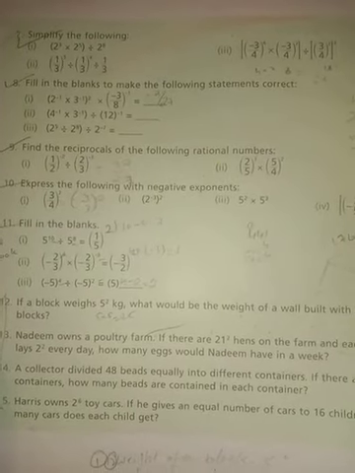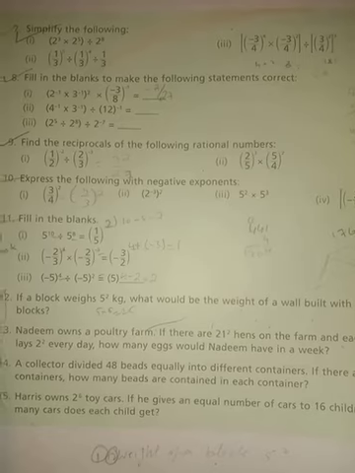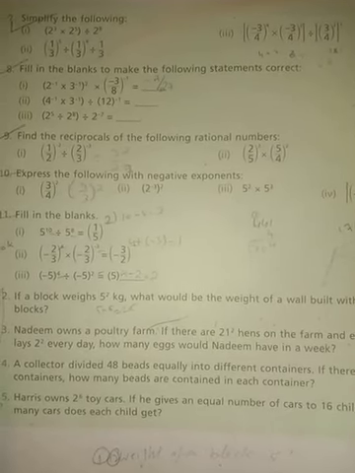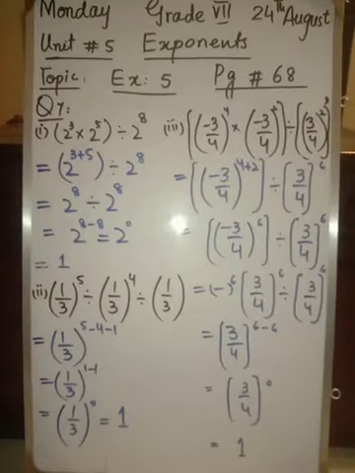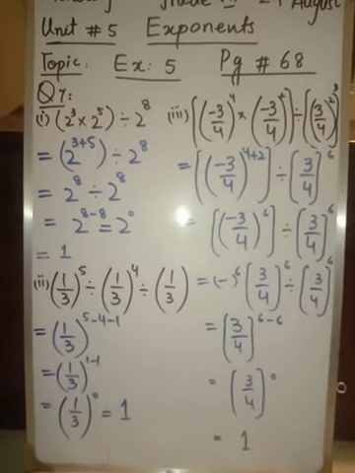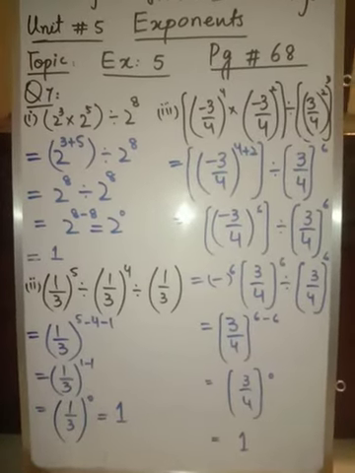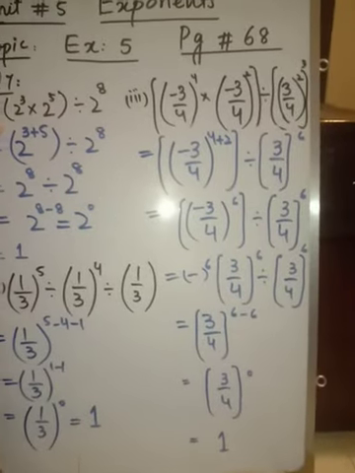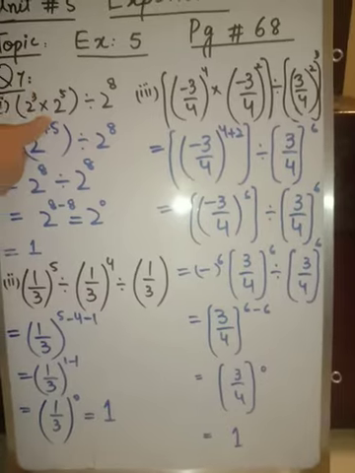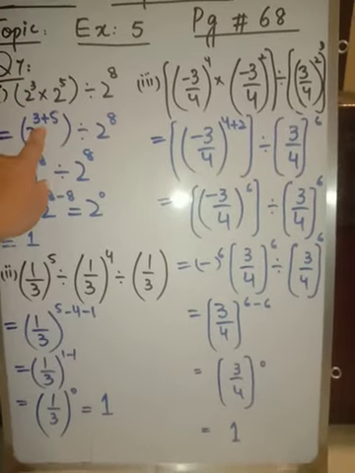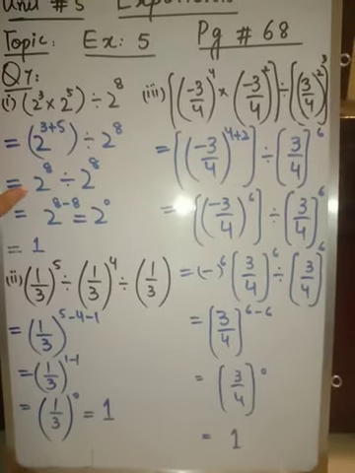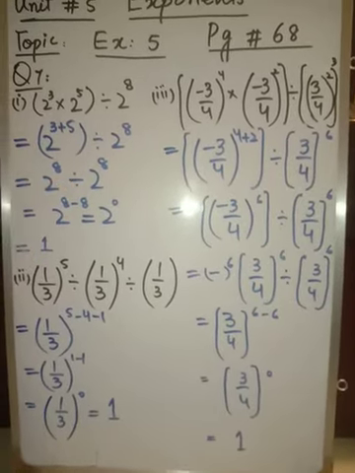Students, now in question number 7, you have to simplify all the questions by the exponents rule. Understand? So let's have a look at question number 1. Now students, in this question we have 2 raised to power 3 multiply 2 raised to power 5 divided by 2 raised to power 8. The bracket shows that you have to solve it first. Bases are the same in multiplying, so their powers will be added. 3 plus 5 divided by 2 raised to power 8. 3 plus 5 is equal to 8, divided by 2 raised to power 8.